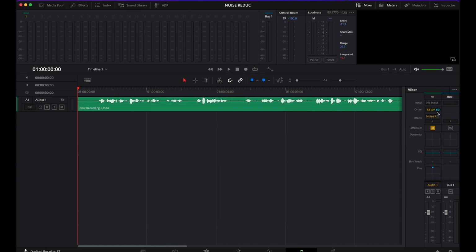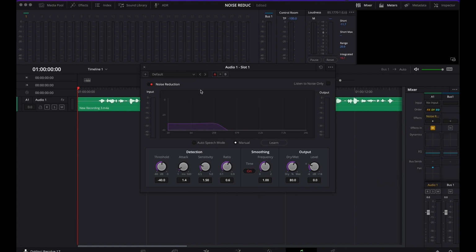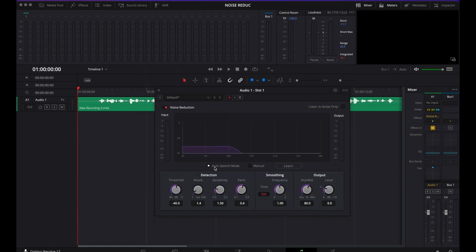You can come to the effect and click delete. Then go back into the effect and select restoration and noise reduction. Make sure you are on the manual page. When you tap on manual, you see this panel. So let's click to reduce the noise. What you have to do is